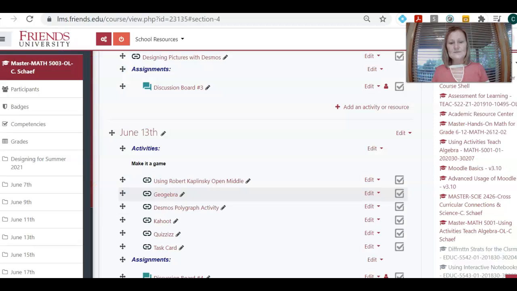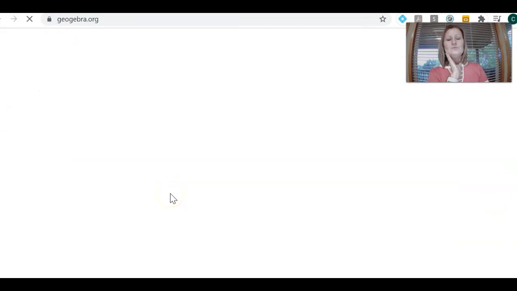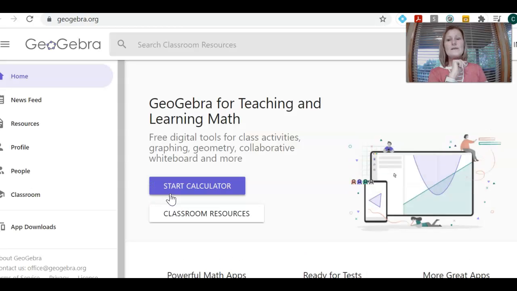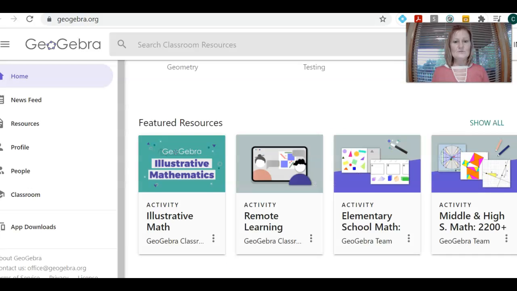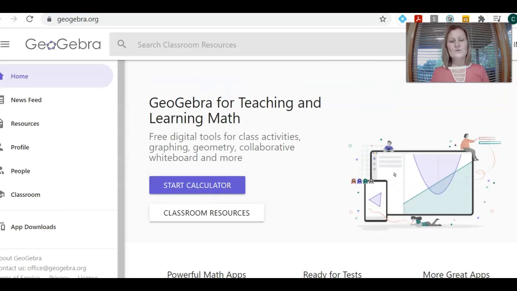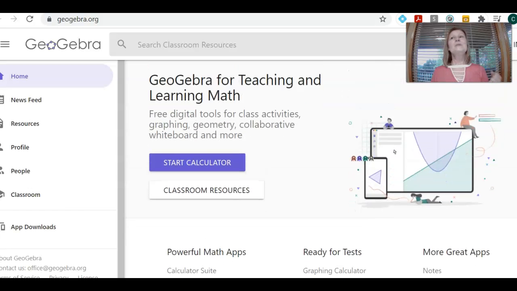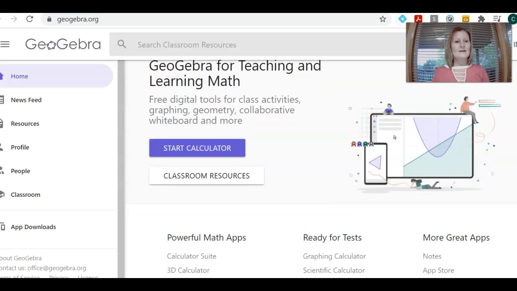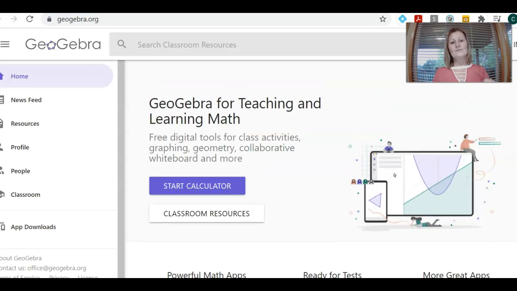I talked a little bit about, again, Geogebra. And Geogebra is one of those that has come a long way. So if you have in the past used Geogebra, but you have not used it lately, I'm going to strongly encourage you to take a look at it. So here on the home page for Geogebra, I don't know about you, but I didn't find the Geogebra app to be very friendly earlier on, so I just didn't use it. And then there's actually some videos this summer. If you want to know more about Geogebra, send me a chat or make a comment, and I will share the link. But this last summer,